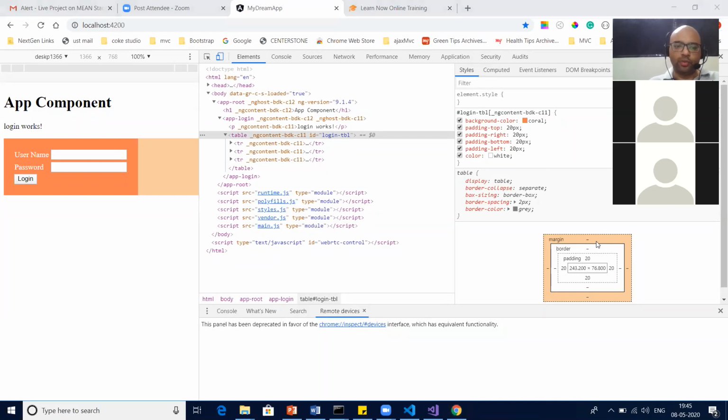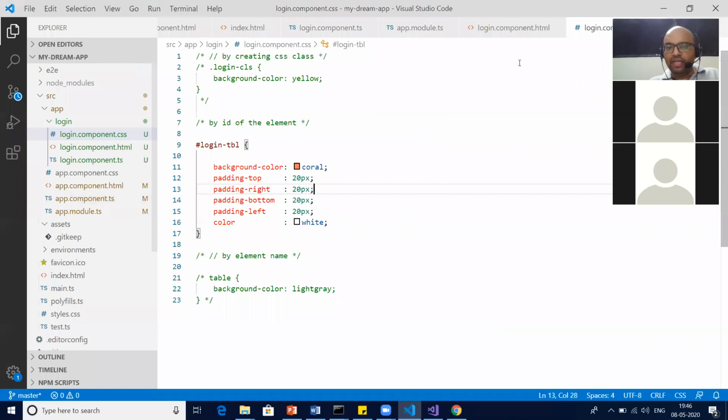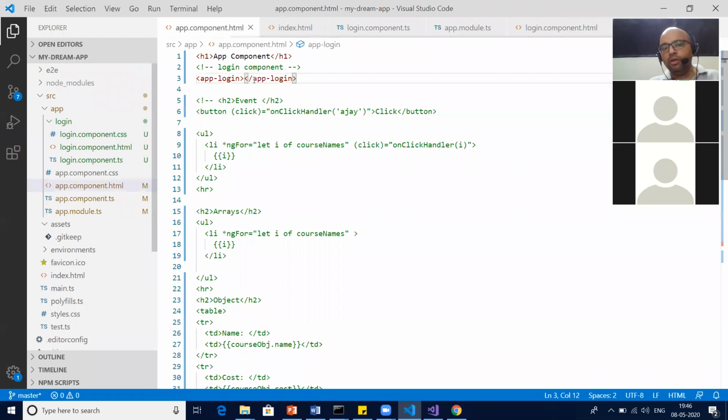Great, super. So this is one component, login component, okay? So now you understood how we create a component, how we give a basic styling to it, and then how we make sure that it will appear, correct, in your HTML page. How? By putting the newly created component in your app.component.html page. Correct?